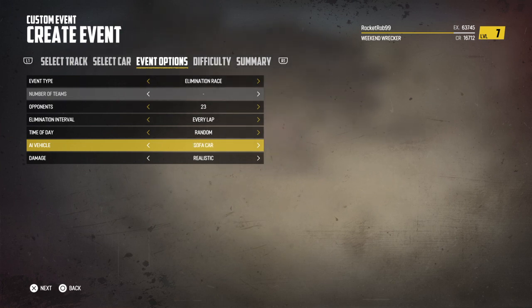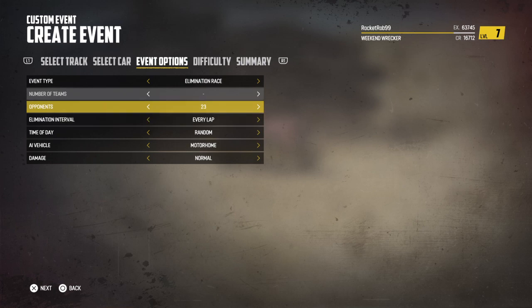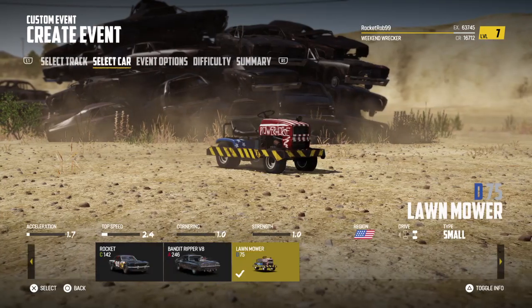We'll try motorhome, school bus, sofa car, super van, I don't even know what that is. Big rigs, and then there's the car classes. Special vehicles, mix, derby cars, mixed, double-decker bus, double-decker cars, harvesters, lawnmower. Let's try the motorhome. Change the damage to normal. Make it a banger race. It's a figure 8, so